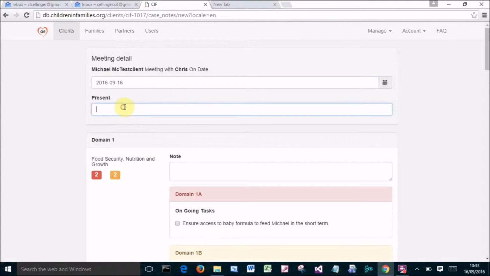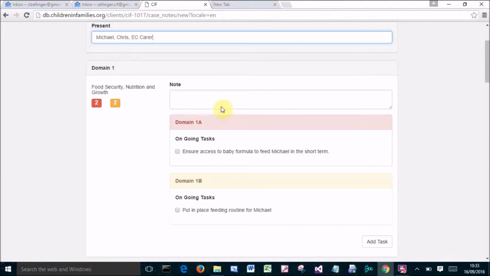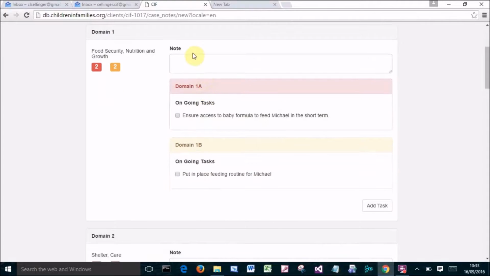So let's put in our date and who's present at the meeting. We'll start with Michael since he's our client, and we have Chris, and then we have our EC carer who's looking after Michael at present. And so what we're then going to do is, after we've had our conversation with our carer, we enter into here what was done and what was said. So we're assuming that we have ensured access to baby formula to feed Michael in the short term. So we'll give that a tick and we'll say provided formula